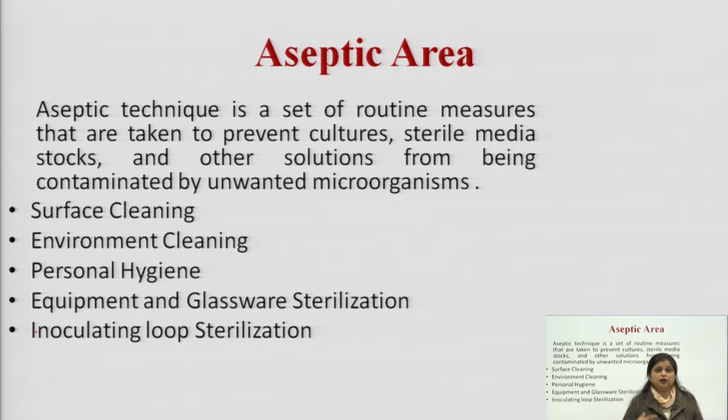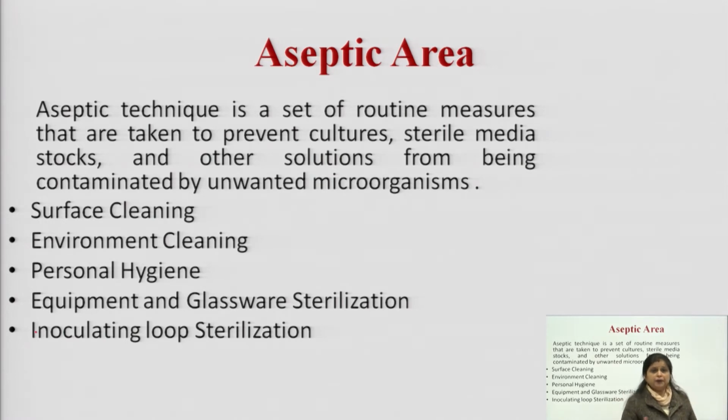How can we clean our environment in which we are going to work? It must be free from dust particles and free from microorganisms. How can we clean that environment? We can clean it with the help of various UV lights. If we put on UV lights within the hall or laboratory where we are working, we can clean our air, we can disinfect our air.